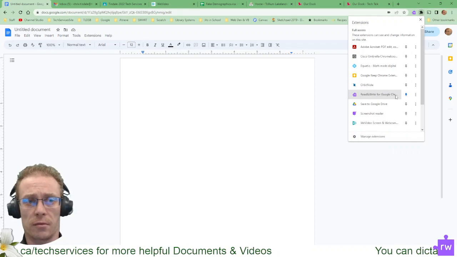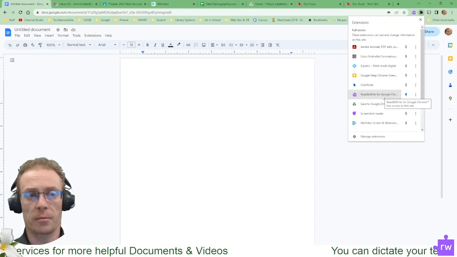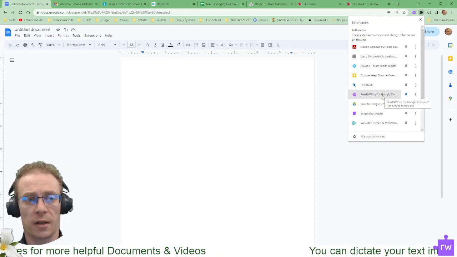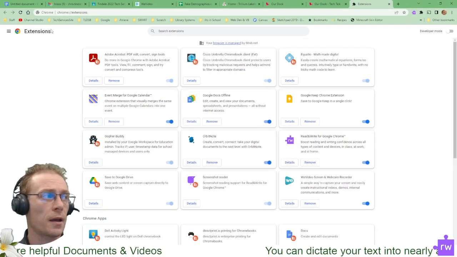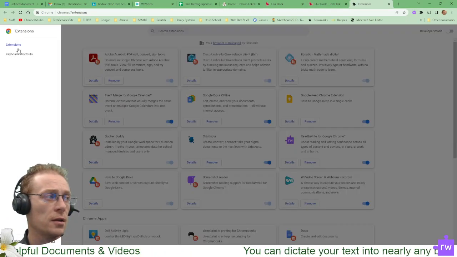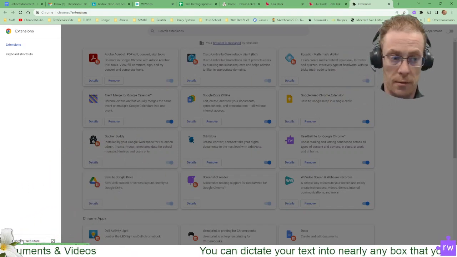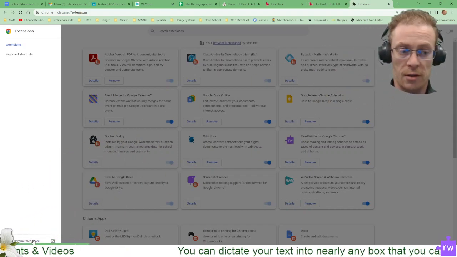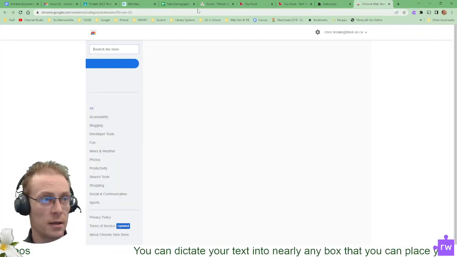So if you don't see read and write on here at the moment, because it did sort of get pulled for a very temporary amount of time there when we were fixing some things, there's a chance that you want to go to Manage Extensions and click over here under the menu and go to the bottom where I can open. Let me just move myself here. Just see it there. It says Open Chrome Web Store, and when I click that, it is going to give me the web store here,